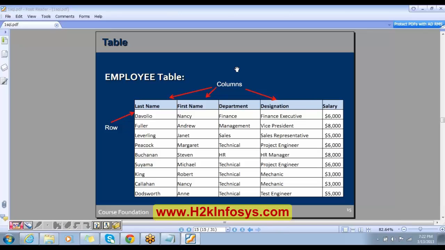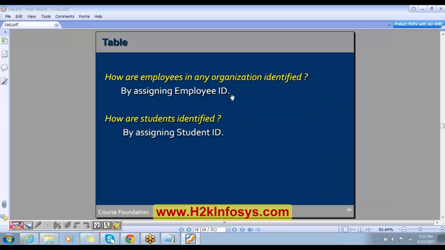Through the employee ID, correct? Yes, exactly. How are the students identified? Student ID? Yes. Okay. So we give the identification number like student ID, employee ID, and the reason is for identification purposes. A person may have the same name, first name and last name could also be the same sometimes. So how do we identify? We give the employee ID, we give the student ID so that we can identify the employees and the students